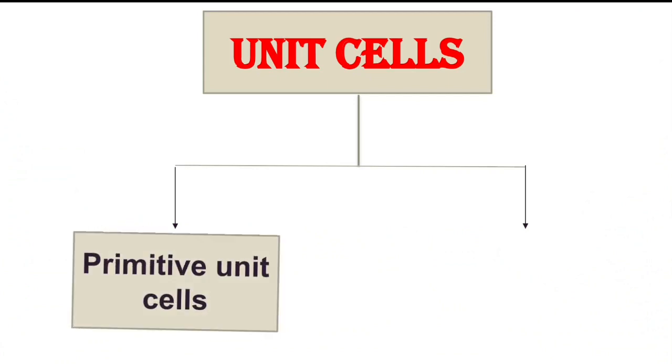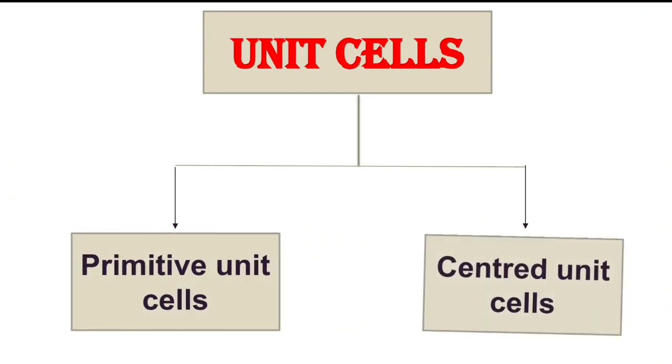So we have seen that there are two types of unit cells: primitive unit cell and centered unit cells. We have discussed three types of centered unit cells: body-centered unit cells, BCC, face-centered unit cells, FCC, and end-centered unit cells. Now, when you consider primitive unit cells, there are 7 types. Primitive unit cells means constituent particles are present only at the corners, isn't it? Only in the corners. So there are 7 types of arrangement possible there. We'll discuss that next.